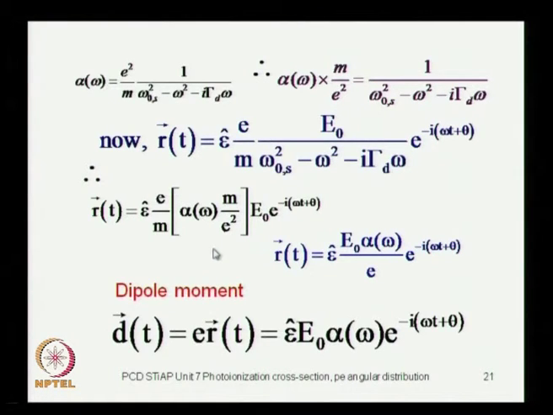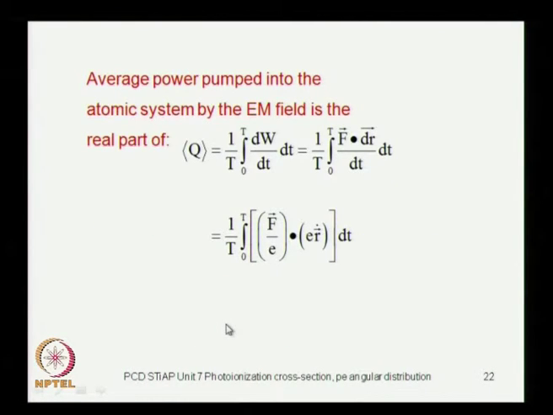So, what is the dipole moment? It is just the charge times displacement. So, you multiply it by this. This E cancels this E and you have got the rest of the terms here. There is an E in the denominator here. So, this is what gives you the dipole moment, and now we ask what is the average power which is